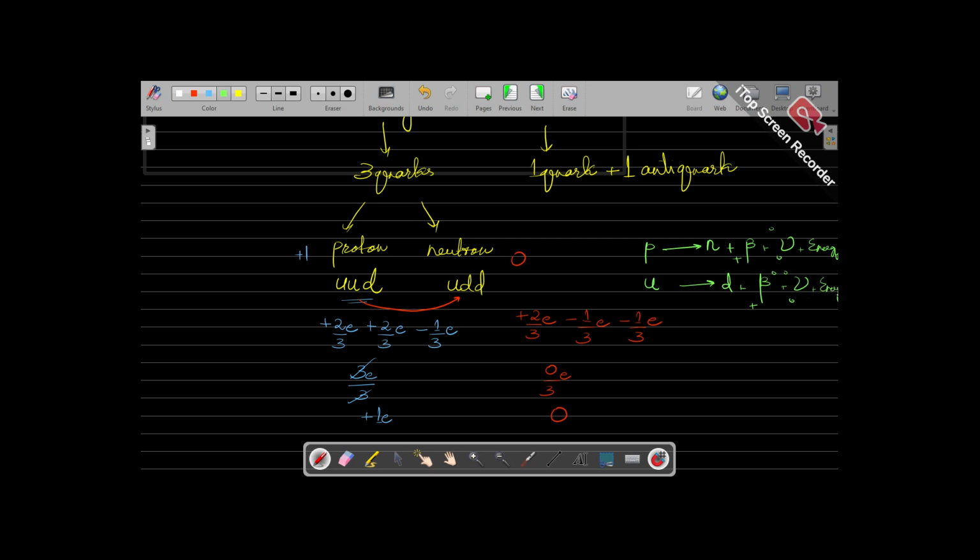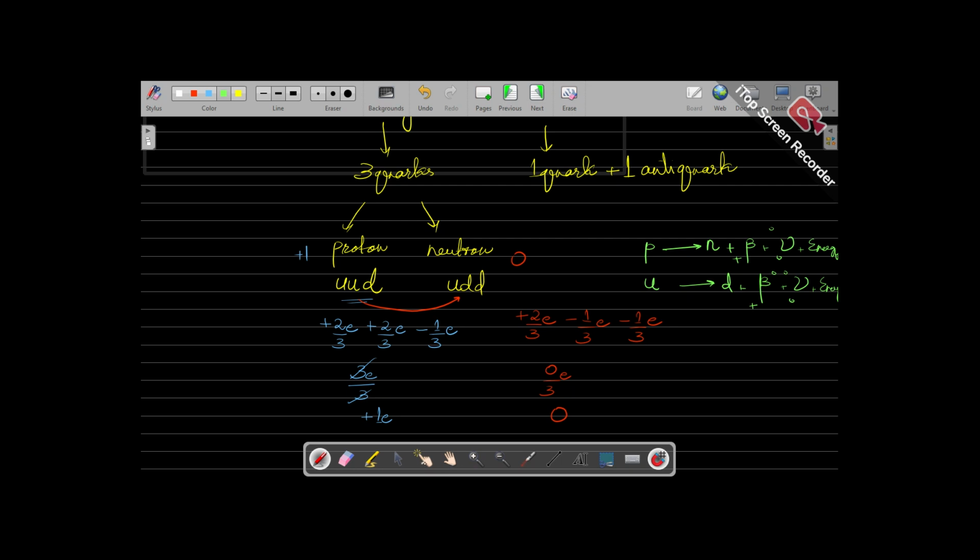If they ask you to describe the emission of beta positive or beta negative in terms of quark composition, that is what you are going to write. And I hope you'd be able to write the equation when it is vice versa, like when you have to mention that beta negative, instead of beta positive, is being emitted from the nucleus. Try it yourself and let me know if you were able to do so. Meanwhile, let's move to